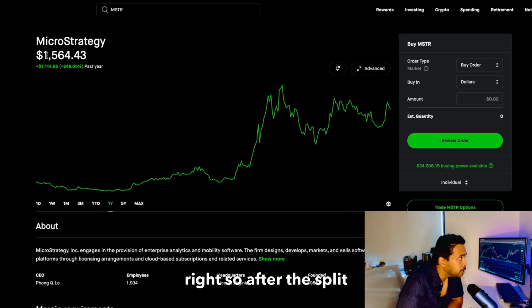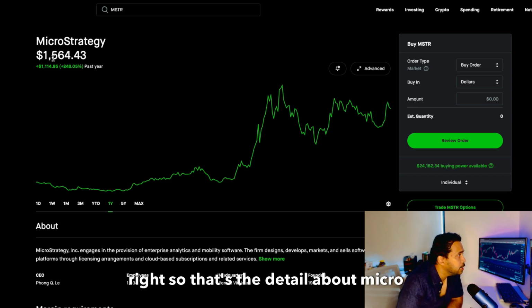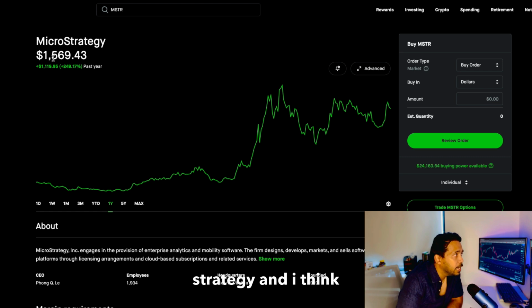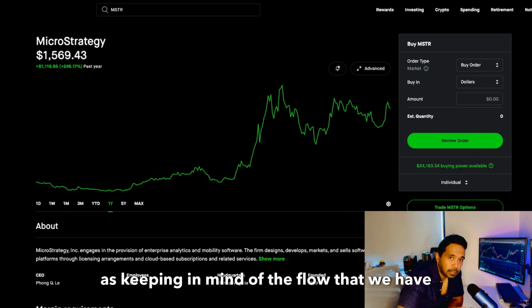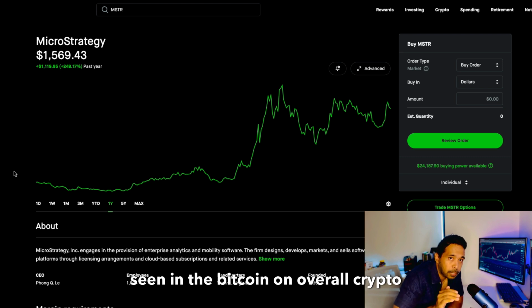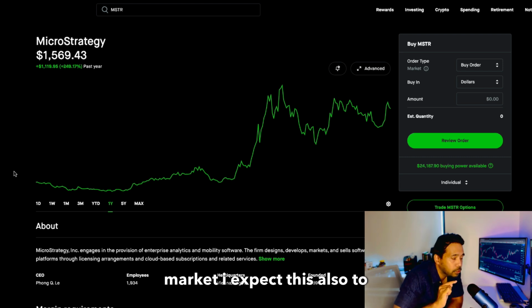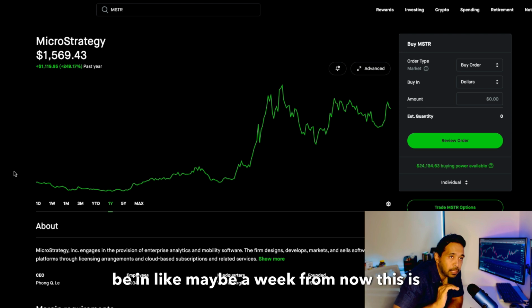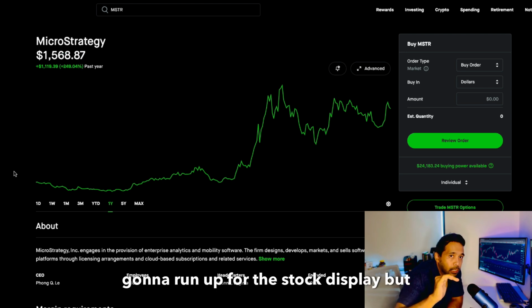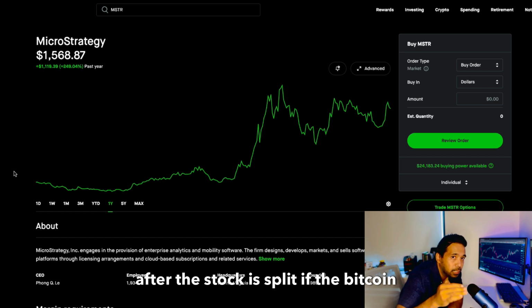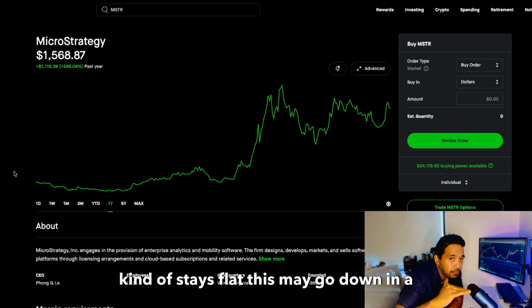So after the split, you can expect this to be 156 only for one single stock, right? So that's the detail about MicroStrategy. And keeping in mind the flow that we have seen in Bitcoin and the overall crypto market, I expect this to run up for the stock split, maybe a week from now. But after the stock split, if Bitcoin stays flat, this may go down in a correction mode